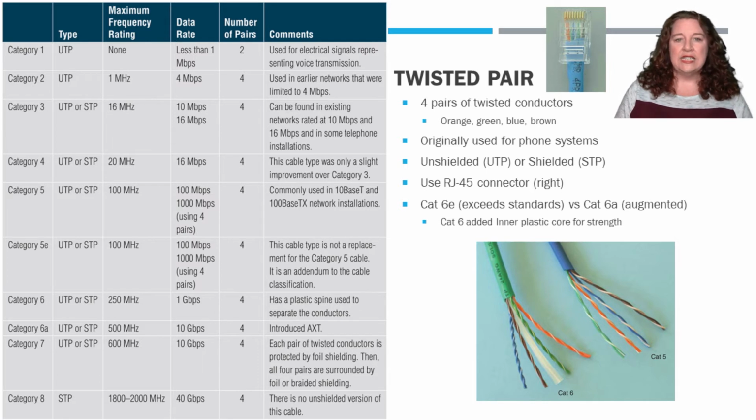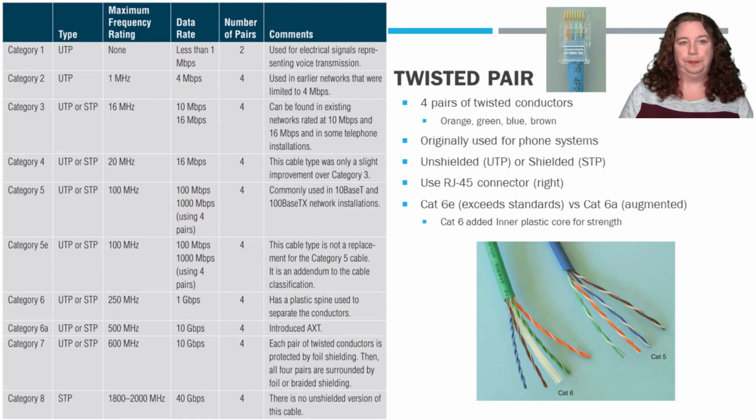The Cat 6 and the Cat 7, or the Cat 6E and the Cat 6A are a little bit different, and there's a description in your book, and I would recommend you look into it. The A is an augmented version of Cat 6, whereas Cat 6E actually technically exceeds its standards. Cat 6 was also where we introduced a plastic core in the middle of our cabling to add some extra strength. So Cat 5 didn't have that plastic core, but Cat 6 does. And you can see how each of these 4 pairs, or 8 total twisted conductors, build up to create our